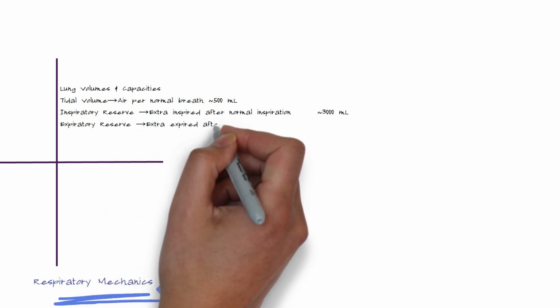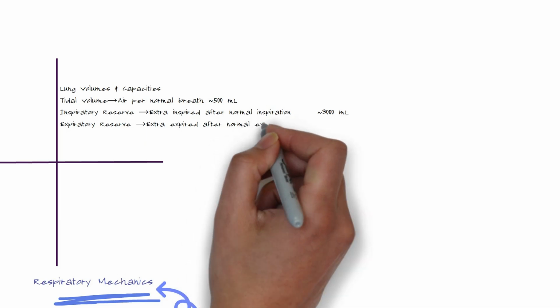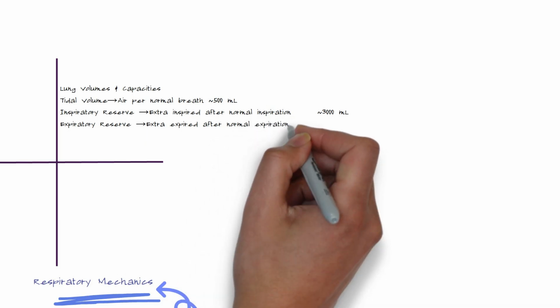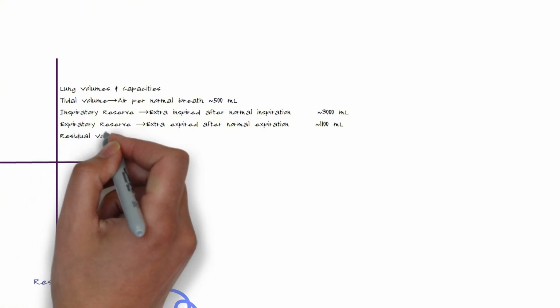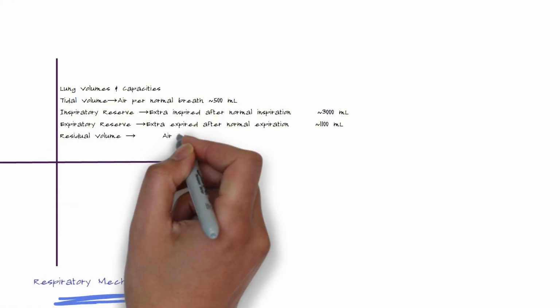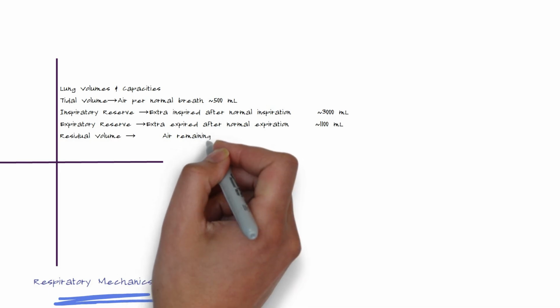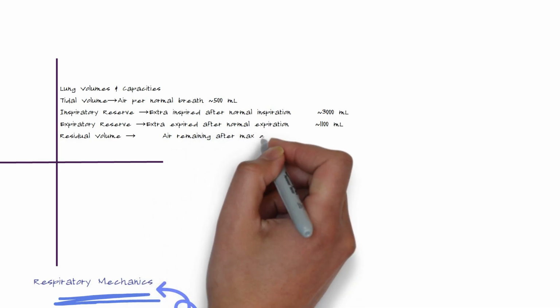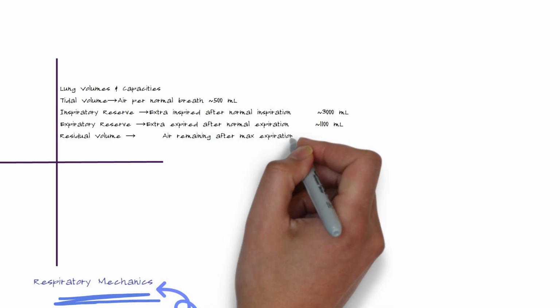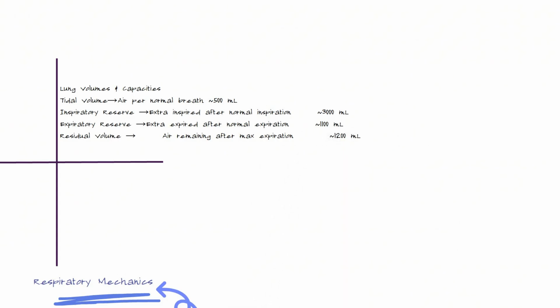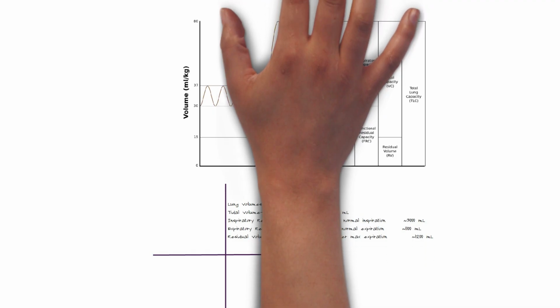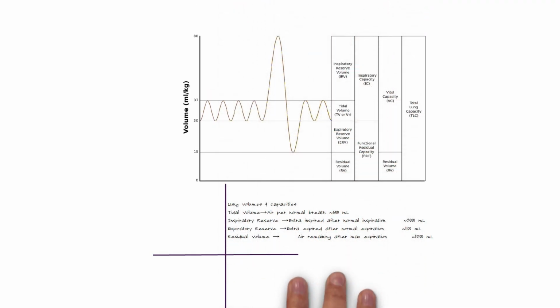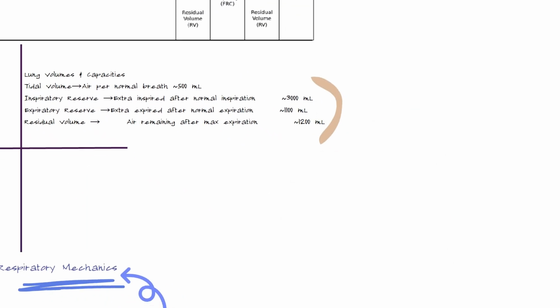And the residual volume is the air remaining in the lung after the maximum expiration, so it cannot be expelled. The lung capacities are calculated from the previous volumes, and there are four. The total lung capacity, which is the volume in the lung after the maximum inspiration. So if we want to estimate the total lung capacity, what we have to do is to sum the